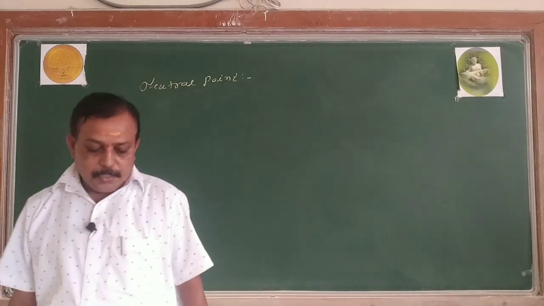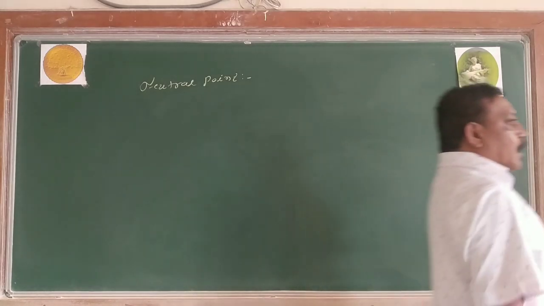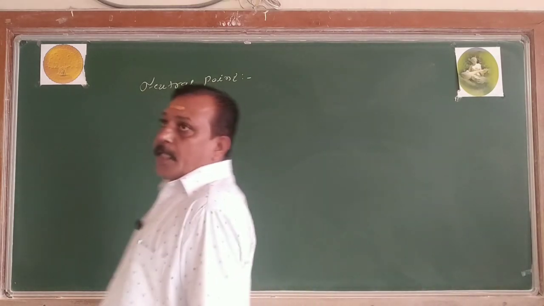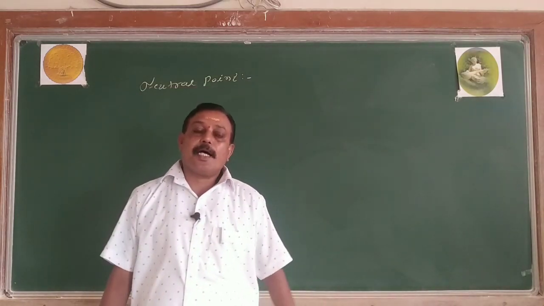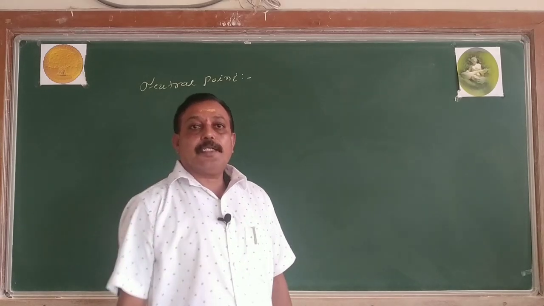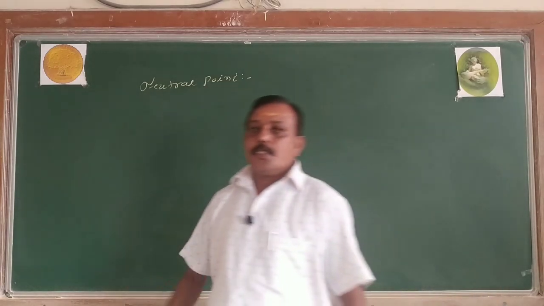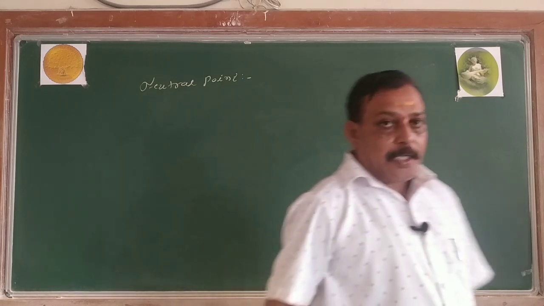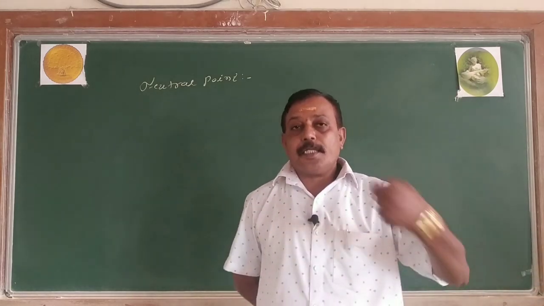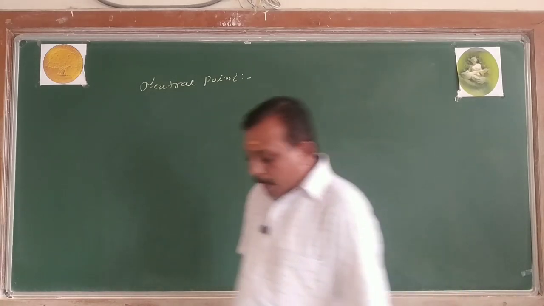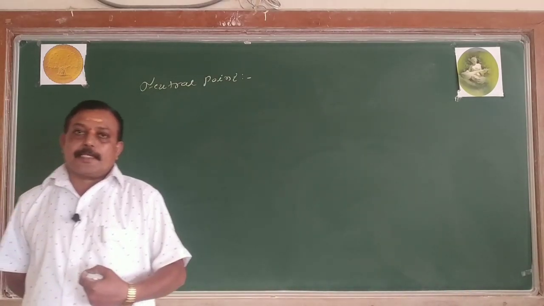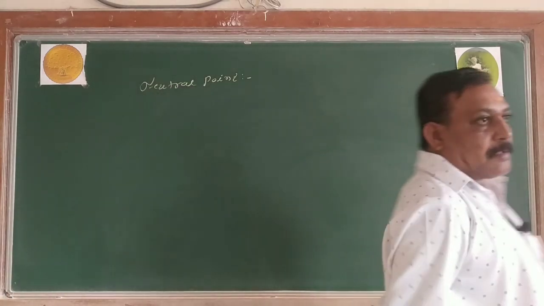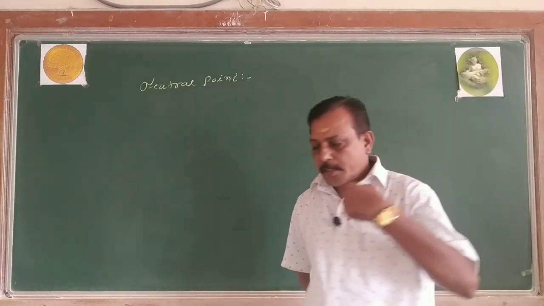Then what is that neutral point? Neutral point is that point where the magnetic field produced by the magnet is completely neutralized by Earth's horizontal component BH, and that point is called neutral point. Or the neutral point is the point near the magnet where the magnetic field produced by the bar magnet is completely neutralized by the horizontal component of the Earth's magnetic field BH, and that point near the magnet is called neutral point.